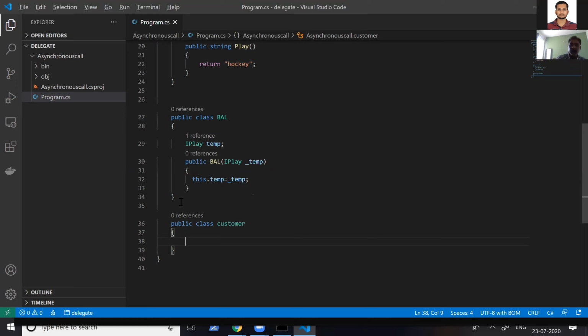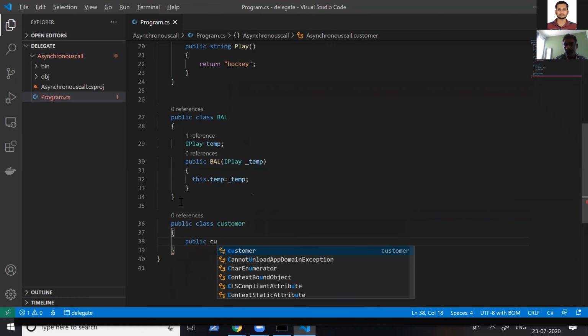You have designed the topology in such a way that the customer cannot communicate to the actual implementer. He has to communicate to the tailor master, and the tailor master's responsibility is to forward the request to his own member as a worker. So public customer